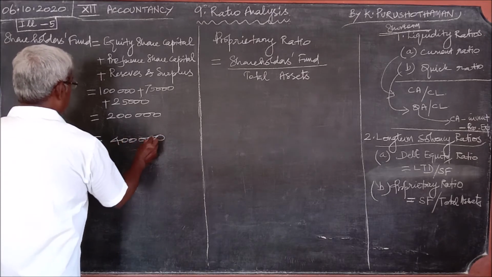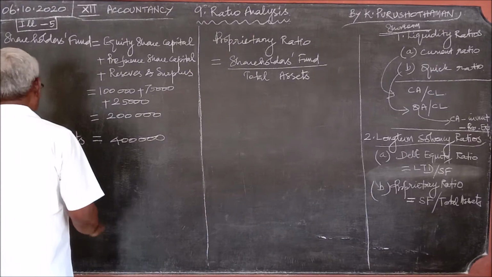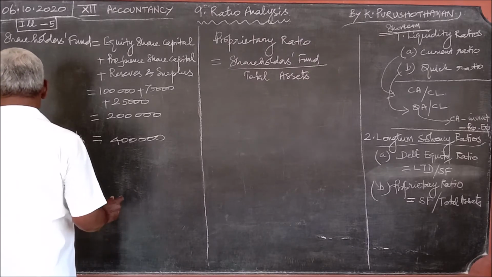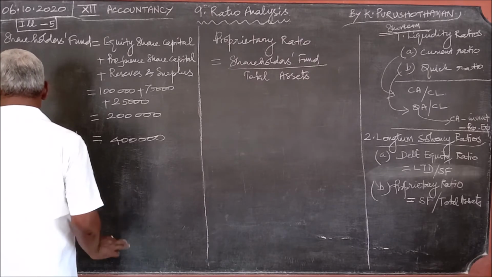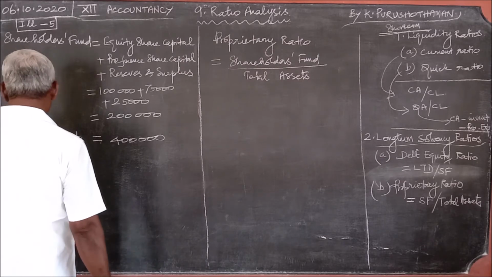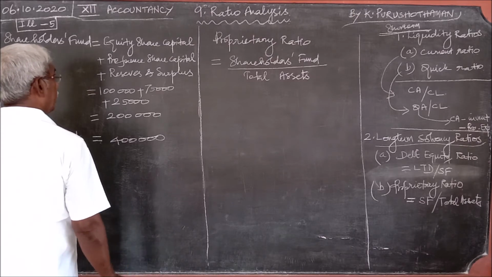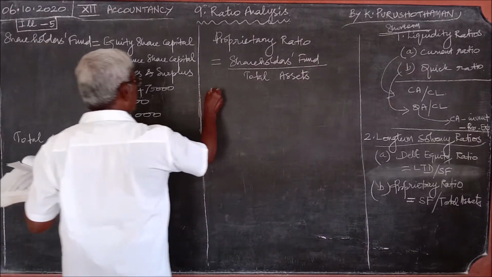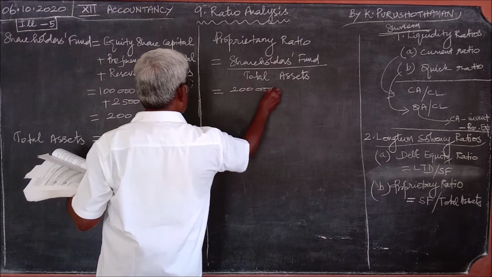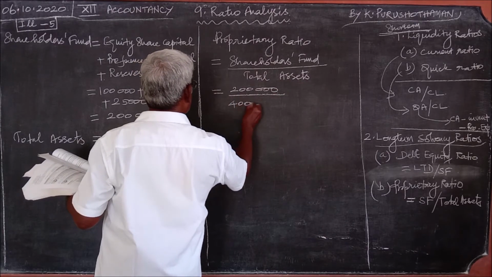If the total of the assets is not given, you should find the total. So, all types of assets, that is fixed assets 2,75,000, non-current investments 50,000, cash and cash equivalents 75,000, you should add all the items and find the total. Now we can substitute it here. What is shareholders fund? 2 lakhs. What is the amount of total assets? 4 lakhs.